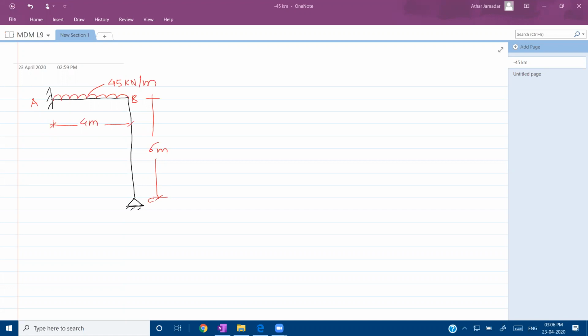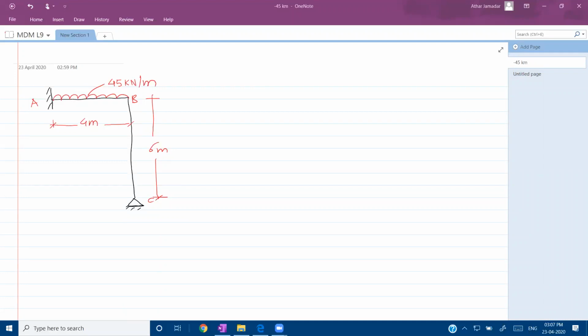So there is a portal frame such like this. ABC, AB is a horizontal member, BC is a vertical member, or you can say AB is a beam member and BC is a column member. And A is fixed supported, C is hinge supported, whereas B is the joint. Joint is nothing but the intersection point of horizontal and vertical member. Okay, so today we are going to see the solution of this problem.